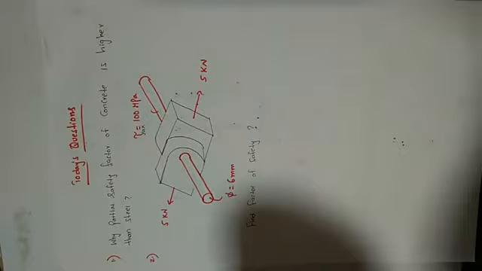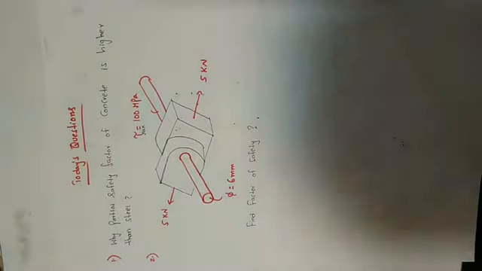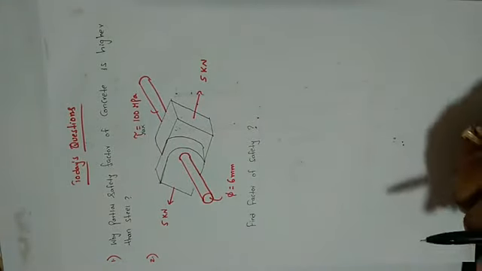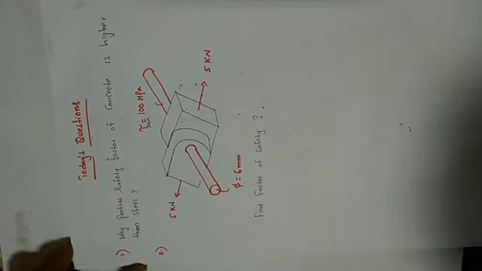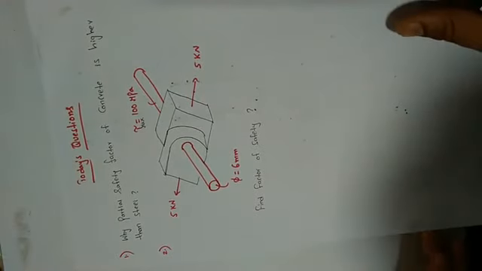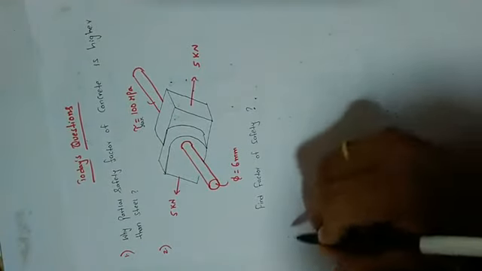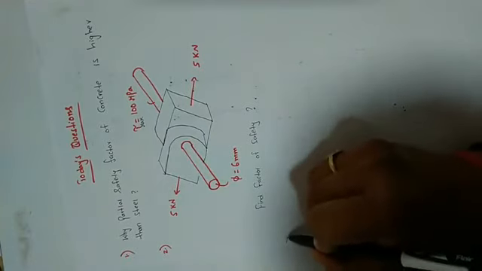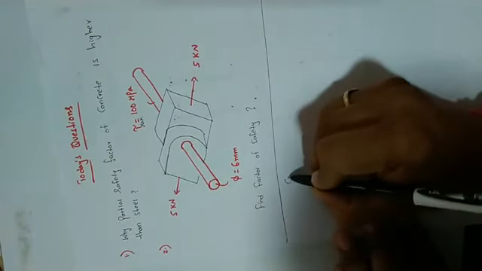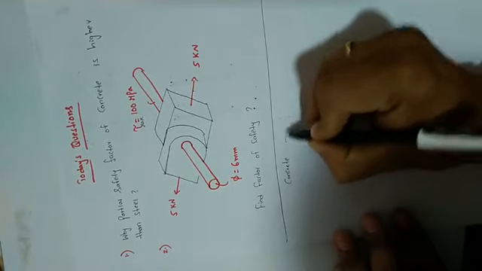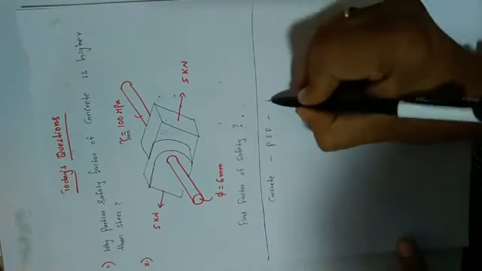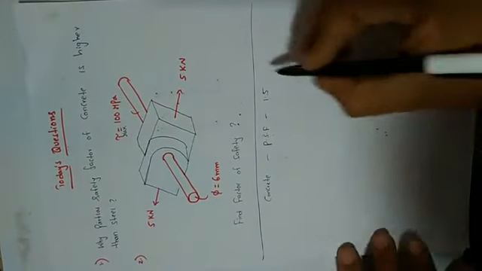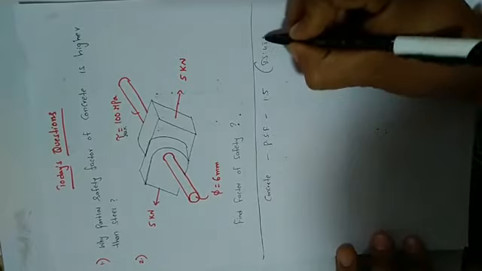Right, just let me read the answers. Okay, anyway, many of you answered, right? Okay, for the first one, why is the partial safety factor of concrete higher than steel? See, can you tell me what is the partial safety factor of concrete? The concrete partial safety factor is 1.5 as per IS 456, isn't it?